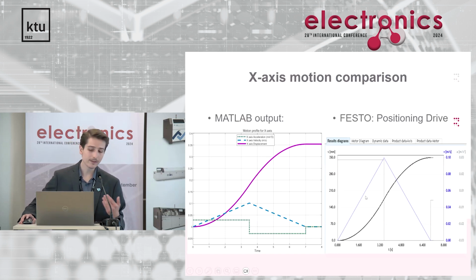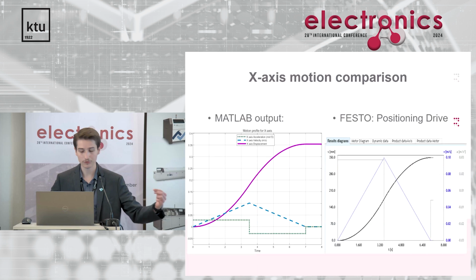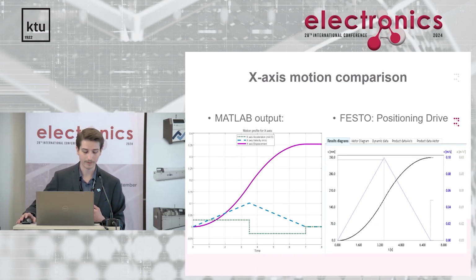Here you can see what is important to us: the maximum values of these velocities. So we can see whether the chosen components are suitable or, for example, not. In this example, we can see that the maximum speed is 0.1 millimeter per second, and the maximum acceleration is 0.03 millimeter per second squared. The simulation performs a 350 millimeter long trajectory, and we can see how the velocities and forces are working during this